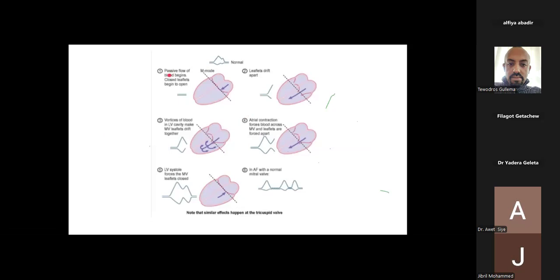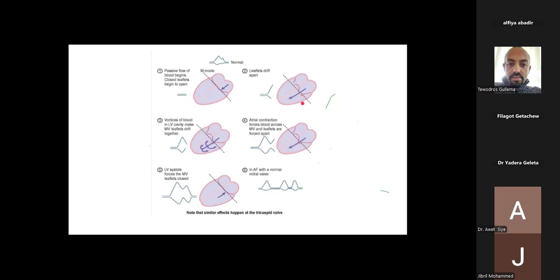Here it is the isovolumic relaxation period, let's say first, and all valves are closed. Then the pressure in the atrium is higher than the ventricle, and in the next phase the mitral valve opens. This is called anterior and this posterior leaflet, they deflate since the pressure and volume are higher in the atrium as compared with the ventricle,